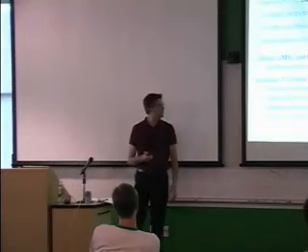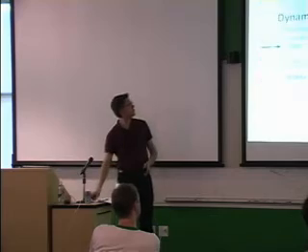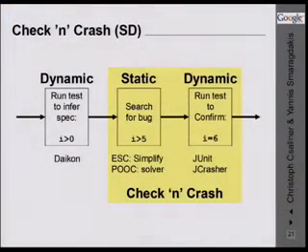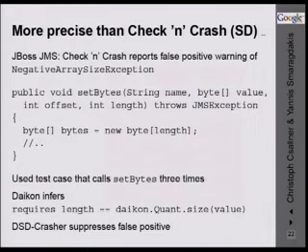And we compared our tool DSD Crasher to 2 other tools. The first one is our predecessor tool called Check and Crash. Check and Crash is more or less a subset of DSD Crasher, so it does not have the first DICON step. It only has the static analysis step and then the dynamic step where we generate test cases. Here we would expect that DSD Crasher does better in excluding false positives, right? Because that was the entire idea of the project, that we can access the specification. And I have an example of why DSD Crasher does